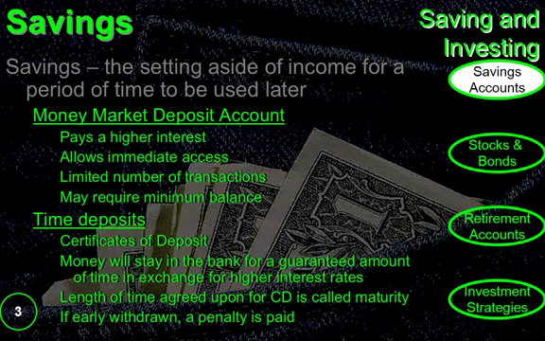However, a lot of times money market deposit accounts limit the number of transactions. For example, one that my parents have allows them a total of 3 transactions a month, and that includes deposits and withdrawals. So if they have a plan that they're going to deposit money in the account twice a month, then they only have one opportunity to actually take money out in a month, and then they've got to wait